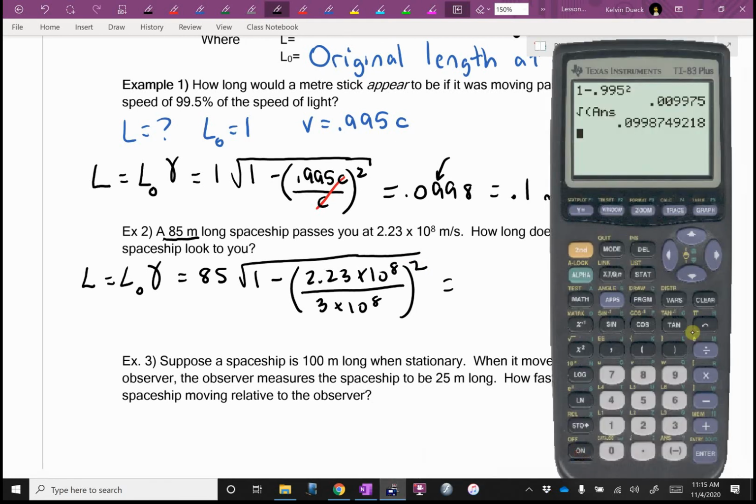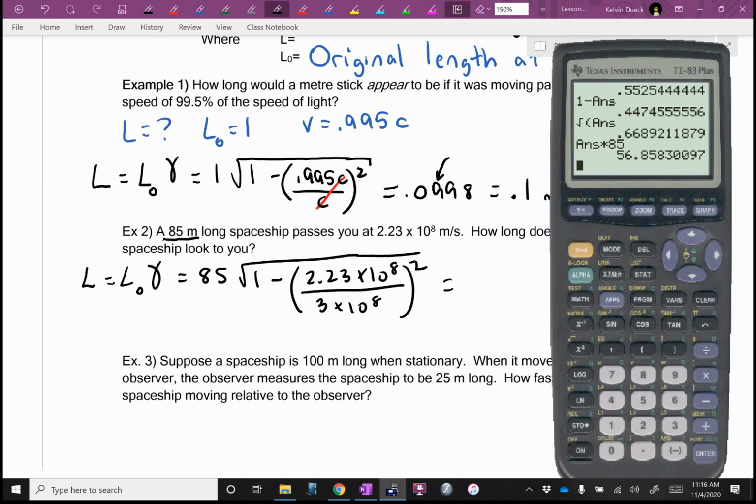Okay, this one's a little yucky. I'd probably start inside the brackets. 2.23 scientific notation button 8 divided by 3 scientific notation button 8 equals. Then I think I'd go squared. 1 minus that. Square root of that times 85. So at rest, the spaceship is 85 meters long, but when it went whizzing past you, you would